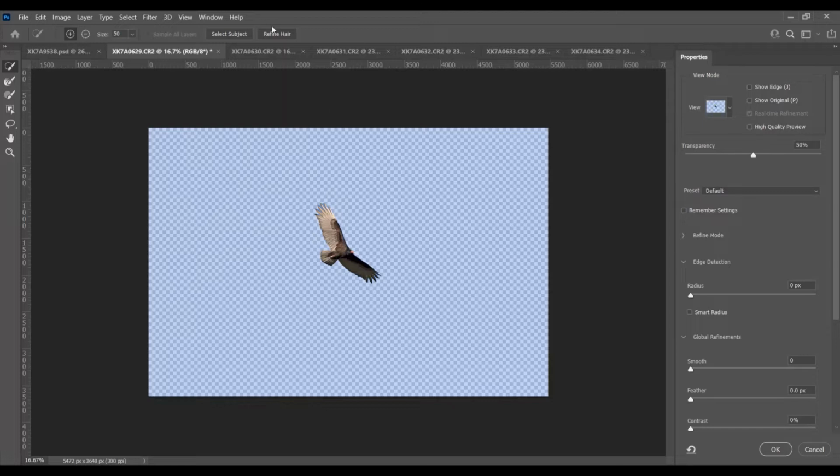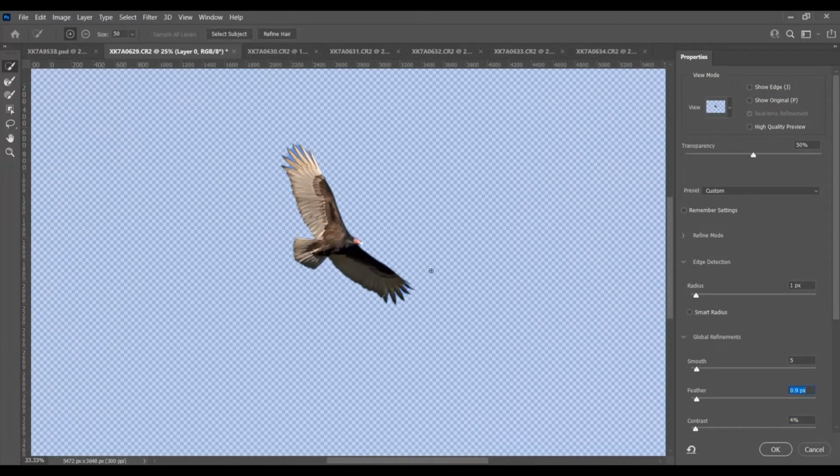You can see here, I can refine. If needed, we will use the brush to clear the edges. So I will just adjust some radius, smoothness, and contrast a little bit. Most of the selection is done well.